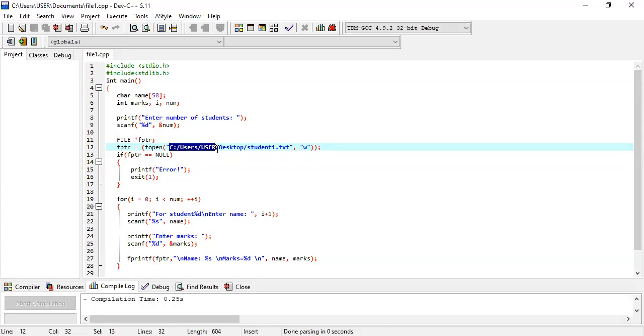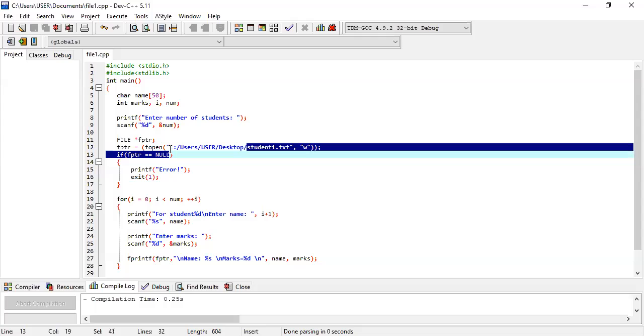After that, you write /desktop, then your file name, student1.txt, comma, within double inverted commas "w". So this part remains the same. Only you have to mention here the path, the address of your desktop, because I want to create the new file on my desktop, not in Documents.